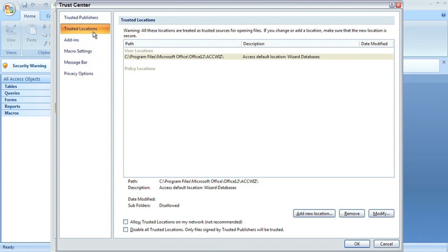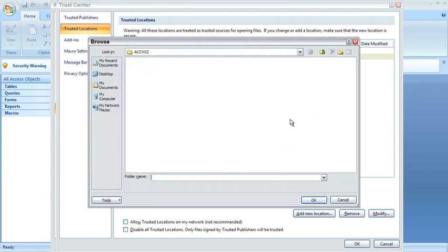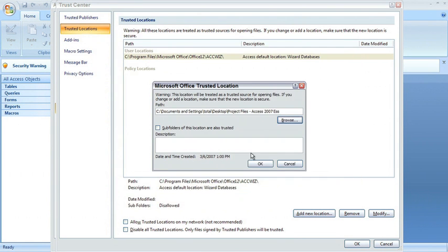To create a new trusted location, what you need to do is click this Add New Location button in the bottom right corner. This opens the Microsoft Office Trusted Locations dialog box. In the Path text box, you can type in the location of the folder you want to trust. I find it easier to click the Browse button here to open the Windows Browse dialog box. From here, I'd like you to navigate to where you saved the project files for these lessons. For me, I have these saved on my desktop. So I'm going to click Desktop and then single-click the folder that you'd like to designate as a trusted folder location. Next, click OK, and you'll see that Access fills in the path to this particular project file folder in